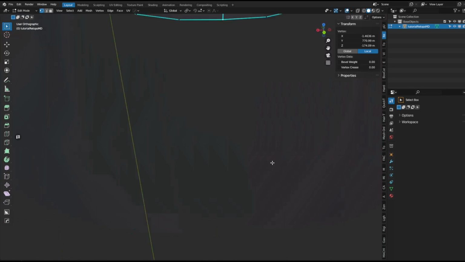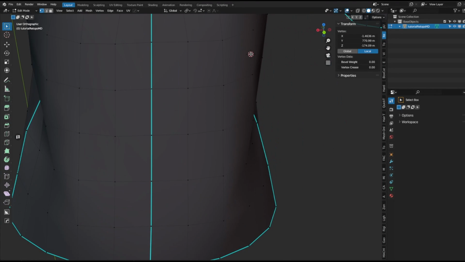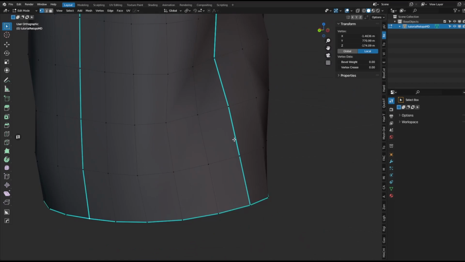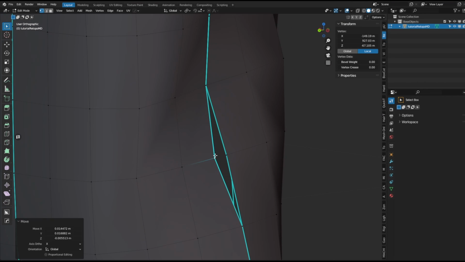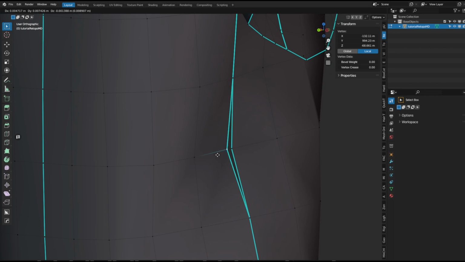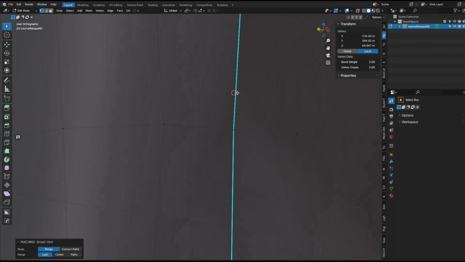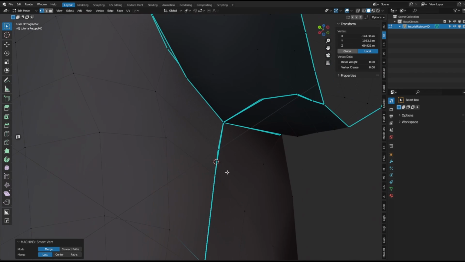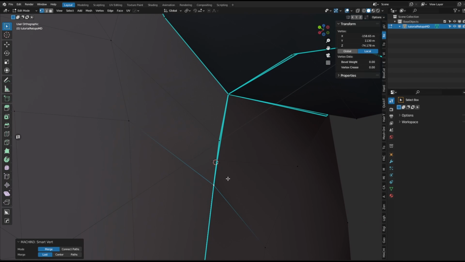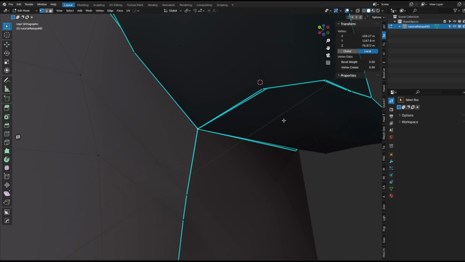Okay, so this is a very basic piece, but the same principle applies to all the garments. Just try to work from basic to complex. If you have a very complex piece, just make a very basic plan and start building up from it. Something like this. Okay, this is merge,